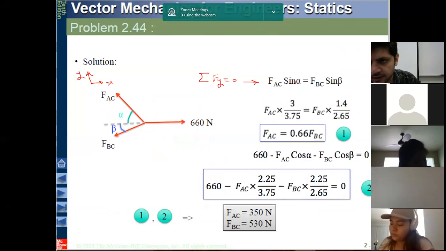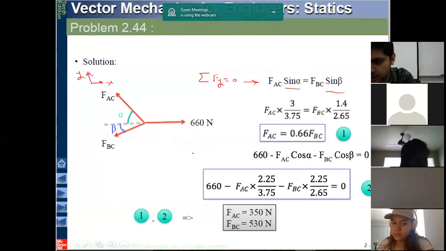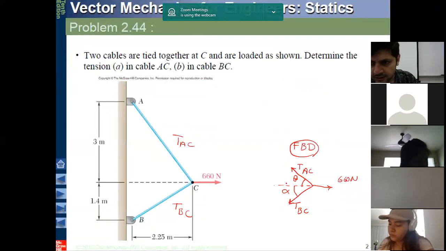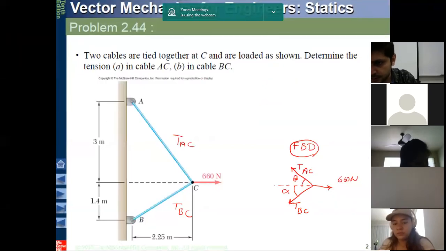So it's FAC sine alpha equal to FBC sine beta. And how we derive these signs, so get back here and see that